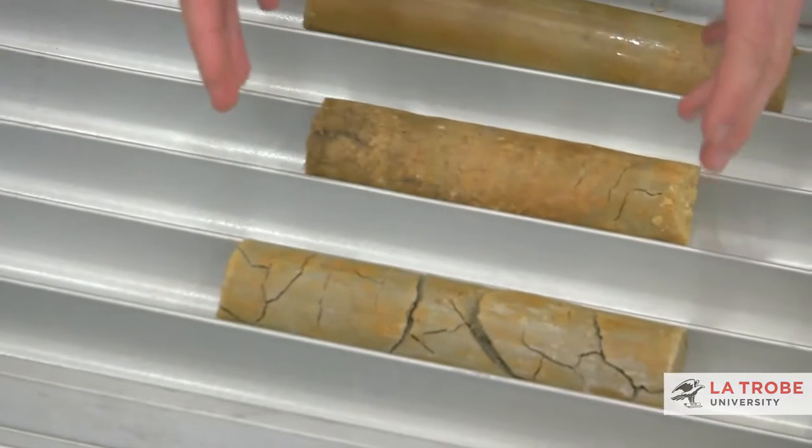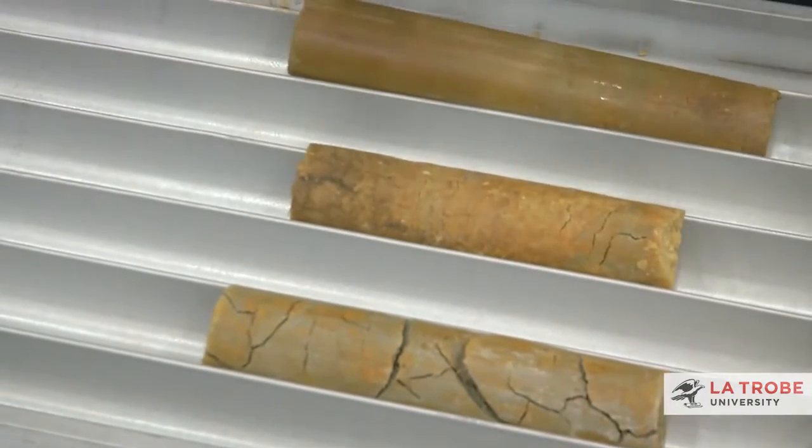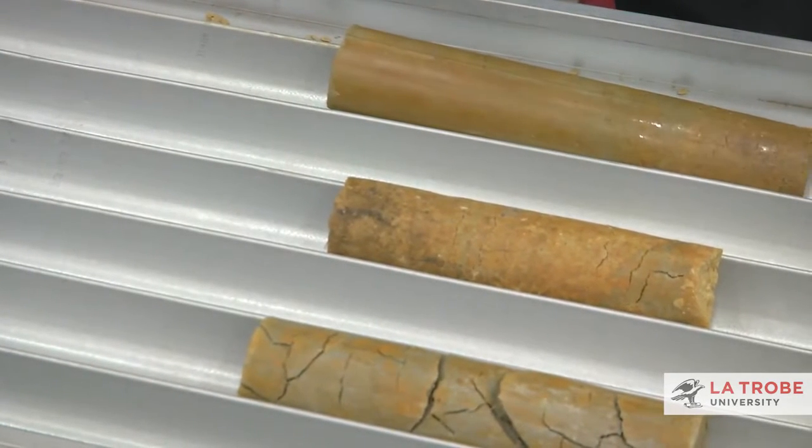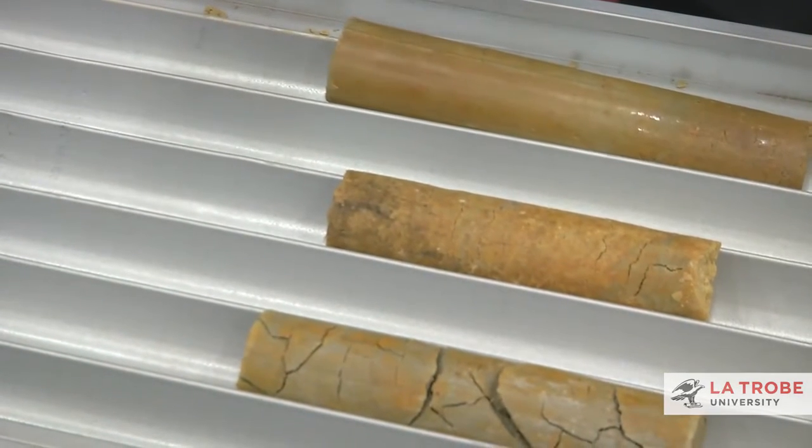Our project focused on reactive soils in the Geelong region. These soils expand when water is added to them and shrink when water is removed. This puts large forces on infrastructure built above it, such as roads and houses. Our research then went on to look at suggestions and recommendations on how to minimise this damage and how to